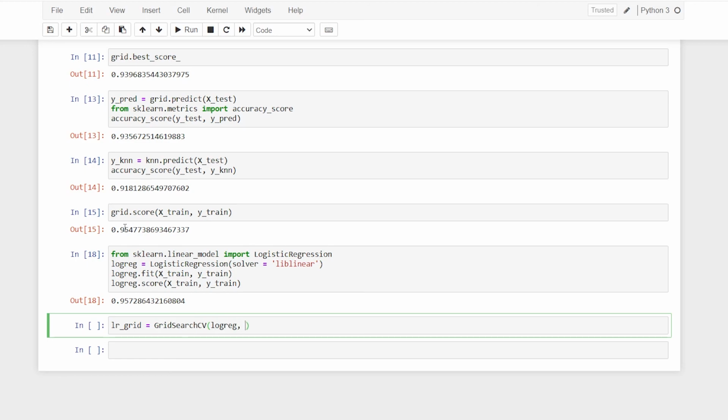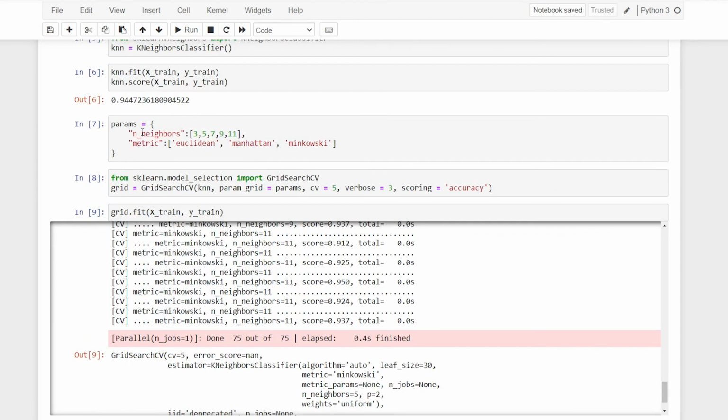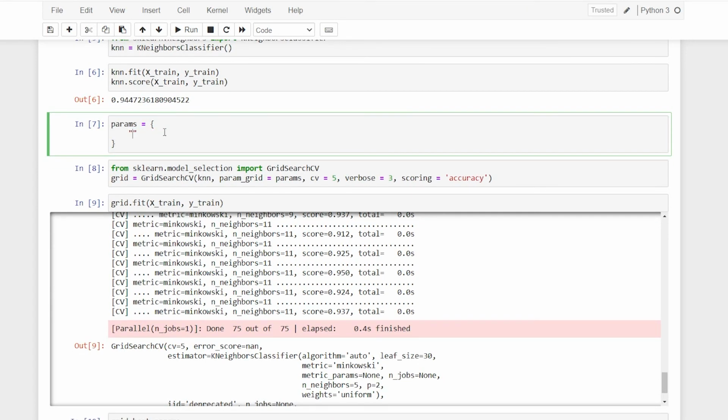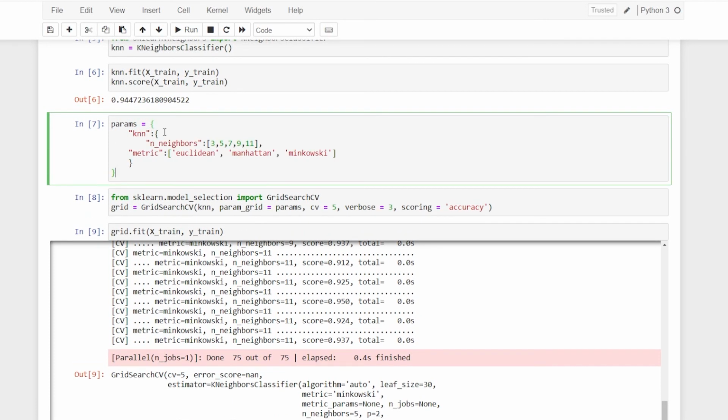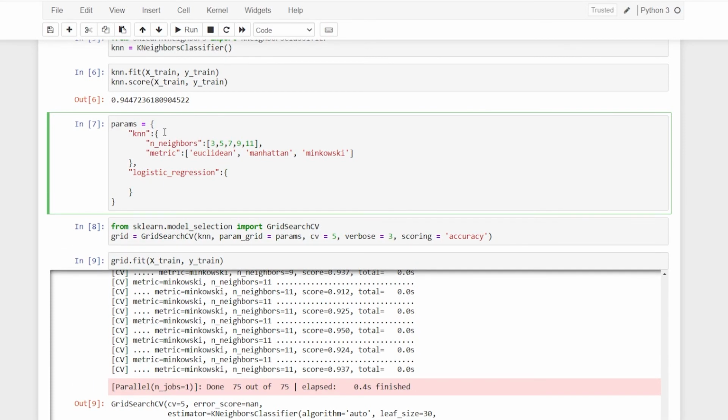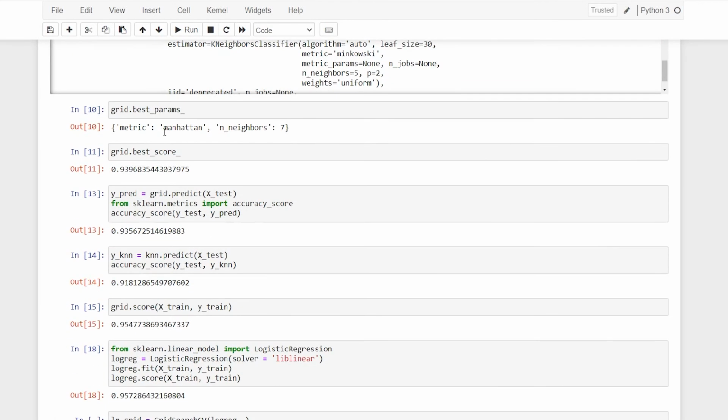And after logreg, right before going with the parameters, I want to specify the parameters over here. So what I'll do, I'll just take these parameters, and here I'll say KNN, and I'll put it like this. Similarly I'll work my way. I'll say comma over here, and here I can say logistic regression. This is just the key value pairing that I'm using, the property of the dictionary that we have with Python. And here now I have to specify parameters.